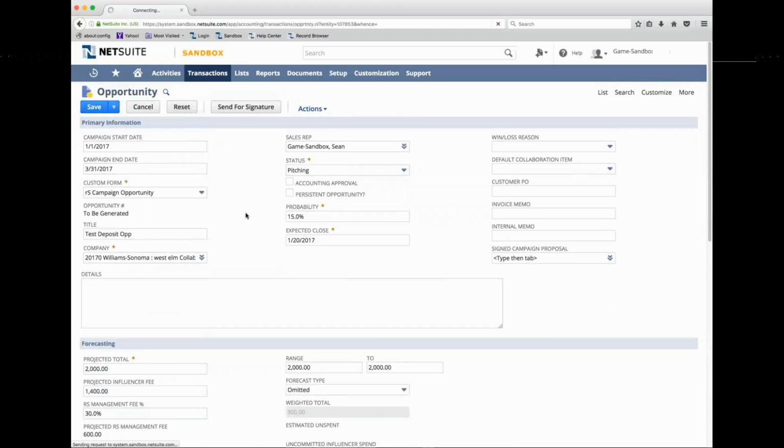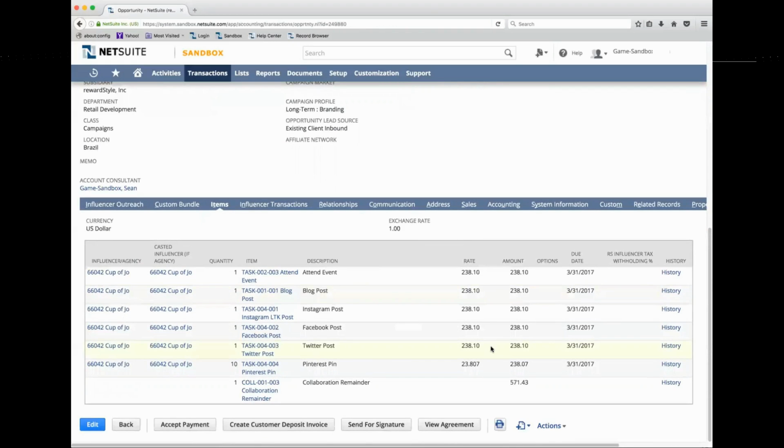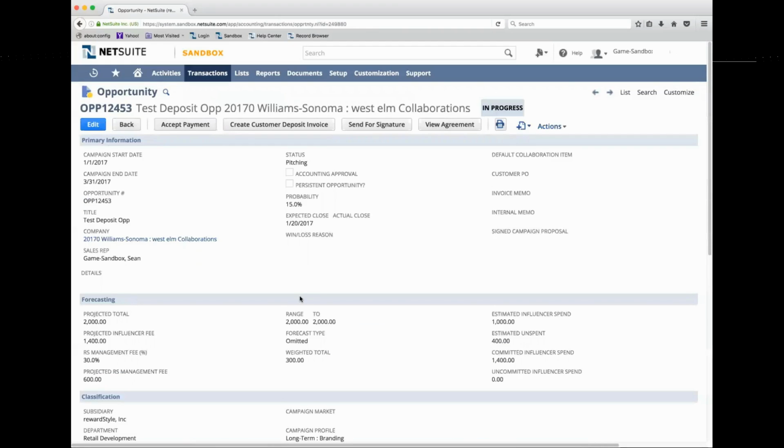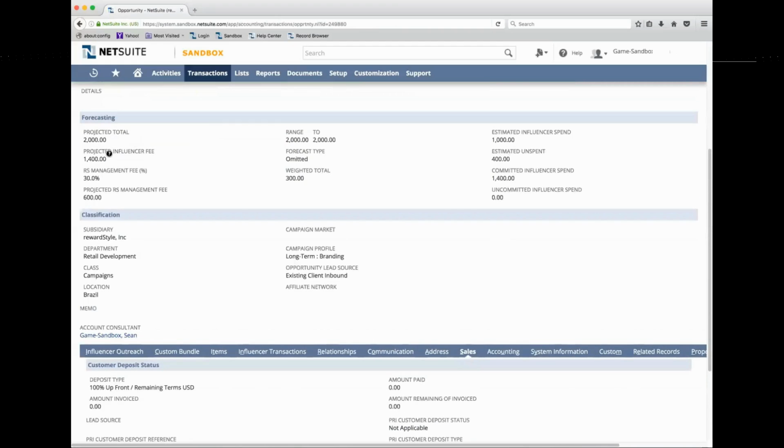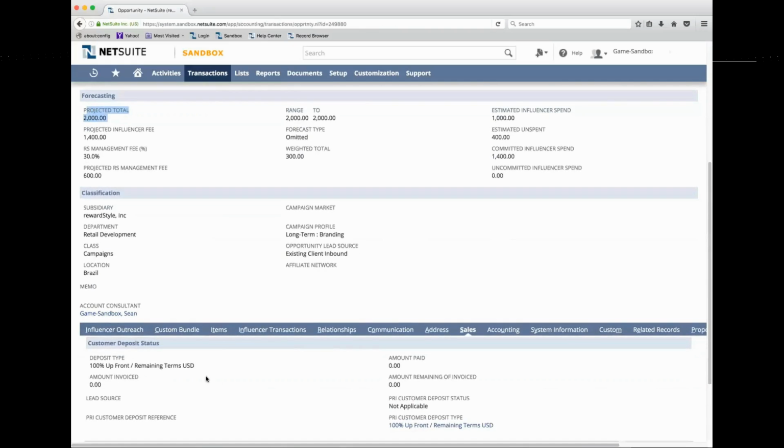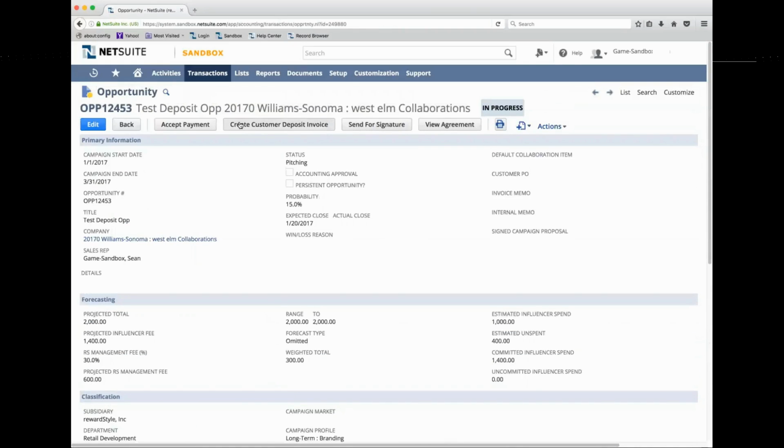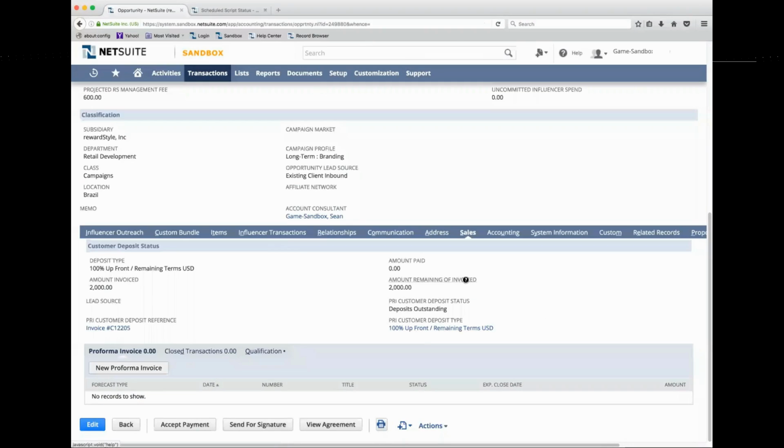Let me save this guy. And we've got a dollar amount we can collect a deposit on. So since we have a deposit set up for 100%, when we click this new button, create customer deposit invoice, it's going to go off and create a deposit invoice. And go back to the sales tab, we can see that it generated this invoice for $2,000, and we can see that there are outstanding